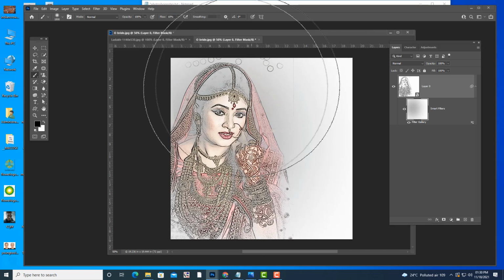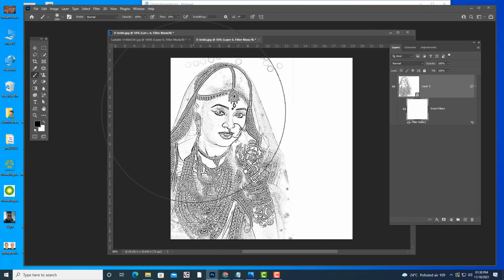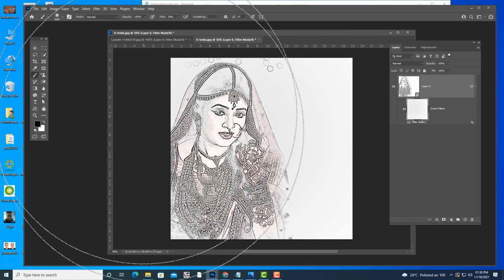If you do it for the third time, it will become even more dark. But actually we can do it only once. That's it. Don't make it too much, otherwise it will look like a real photo. Now it's looking like some sketch.